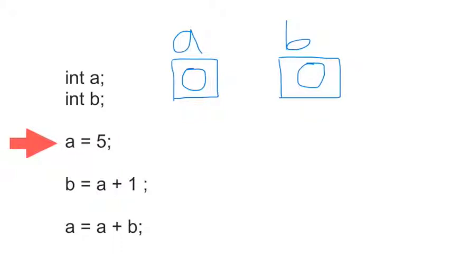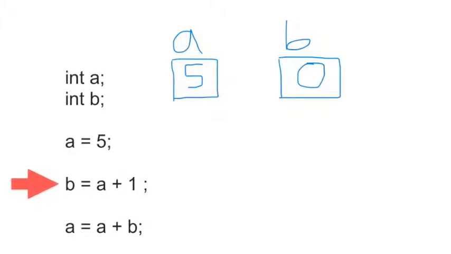This line says to set the value of the variable a to 5. Currently, a contains 0, so we have to remove the 0 that is in a now, and instead place a 5 there. So now the contents of the memory location that represent the value of the variable a contains the value 5 rather than 0. Next we move on to the fourth line